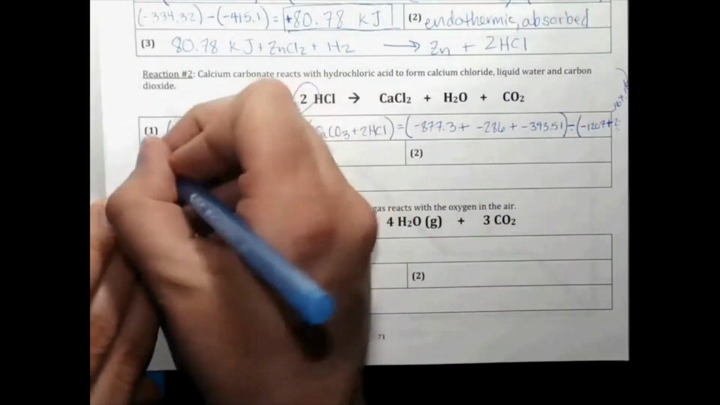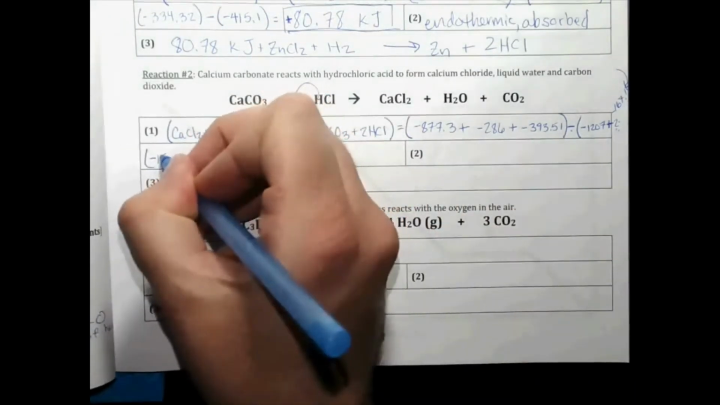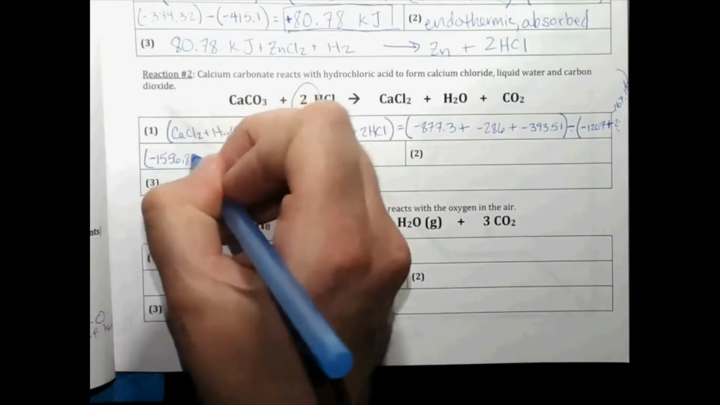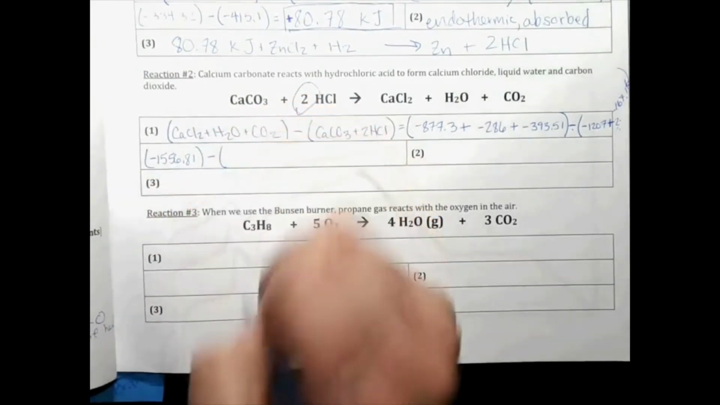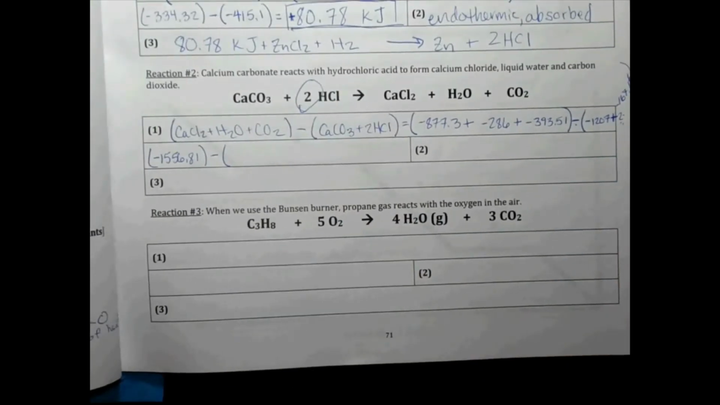So we can simplify everything in these parentheses. The first set, I'm going to add negative 877.3 plus negative 286 plus negative 393.51, that's important. Make sure you hit all the negatives in your calculator. Again, if you skip a negative in your calculator, it's going to get you the wrong answer. And then over here, negative 1207 plus 2 times negative 167.16